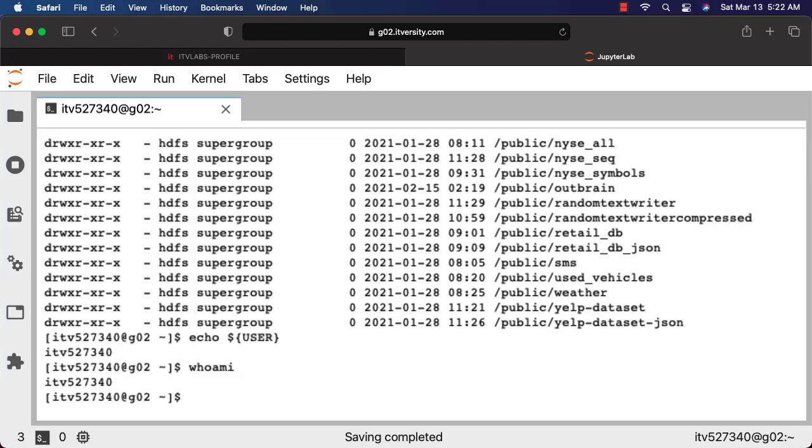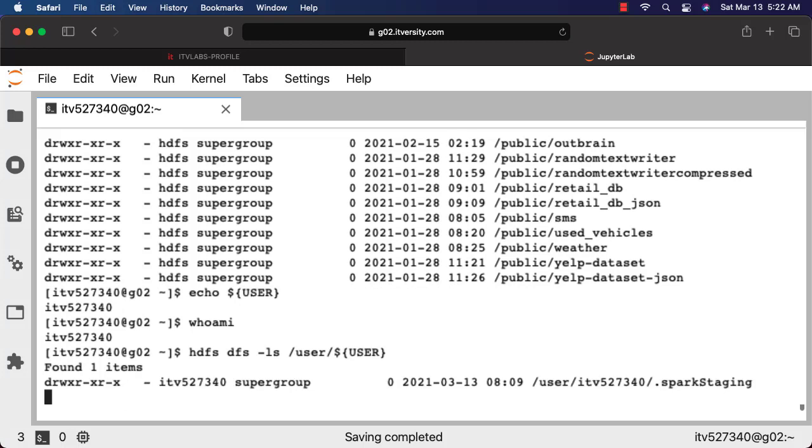Now I can say hdfs dfs -ls /user/$USER like this. It will get me the details about the folders and files that are available in this folder, which is nothing but the user space for this user. You can hit enter. The reason why I'm using $USER is so that you don't need to worry too much about this ID. You can directly copy paste or type whatever I'm using as part of the CLI, or even in the notebooks when you try to use notebooks to run these commands.